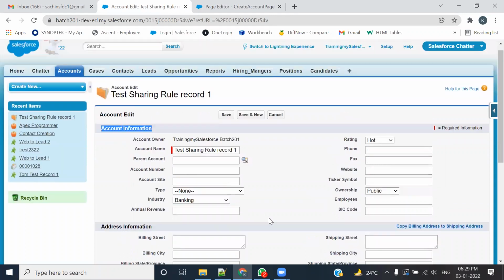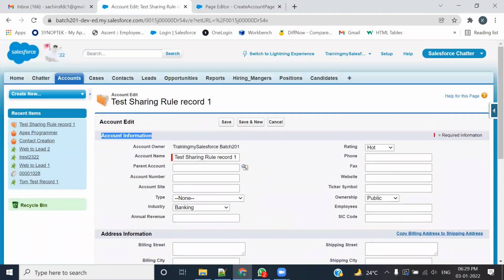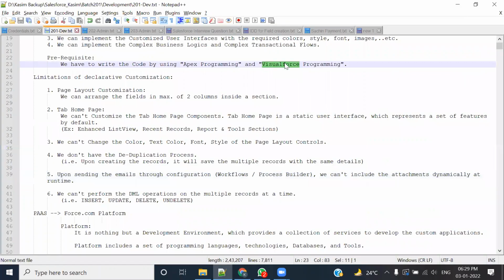और दिस थिंग कैन बी डन ऑन विजुअल फोर्स प्रोग्रामिंग, बिकॉज विजुअल फोर्स जब हम पढ़ेंगे, तब मैं आपको बताऊंगी विजुअल फोर्स इज फुल्ली कंपैटिबल विद एचटीएमएल। तो अगर आपको एचटीएमएल आता है, यू कुड डू एनीथिंग इन द विजुअल फोर्स पेज। आप टैब कलर दे सकते हो, फॉन्ट कलर दे सकते हो, फॉन्ट फेस दे सकते हो। टैब पे जो सेक्शन है उनके कलर चेंजेस कर सकते हो। तो ये एक रिस्ट्रिक्शन है डिक्लेरेटिव कस्टमाइजेशन का, जिसको आप रिमूव करते हो प्रोग्राम्स के थ्रू, विजुअल फोर्स के थ्रू। एक और है डी डुप्लीकेशन प्रोसेस।